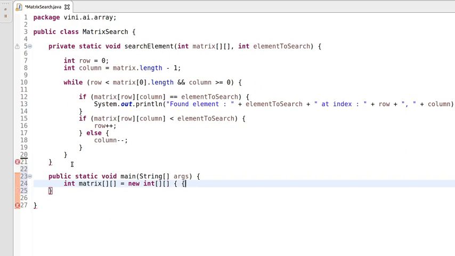Our first row will be 1, 2, 3 and 4, and another row will be 5, 6, 7 and 8, and the third row will be 9, 10, 11 and 12, and the fourth row will be 13, 14, 15 and 16.